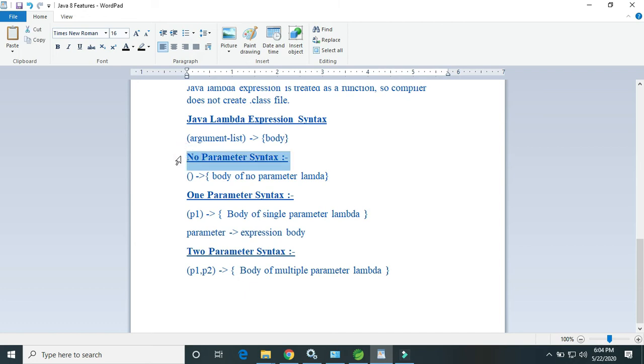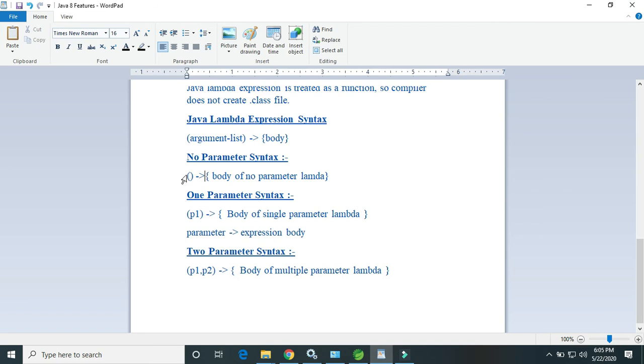If you have no parameter, you are not passing any argument, the syntax looks like parentheses, arrow, which is minus, greater than, and this is the lambda expression, followed by the body of the no parameter lambda expression.